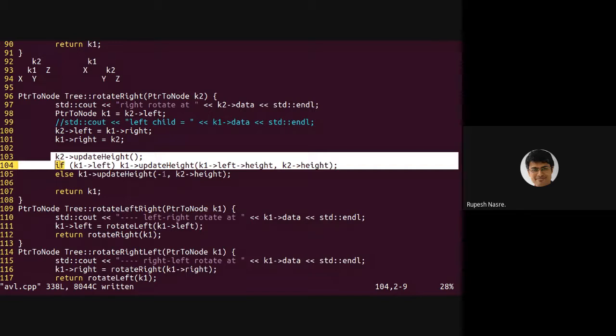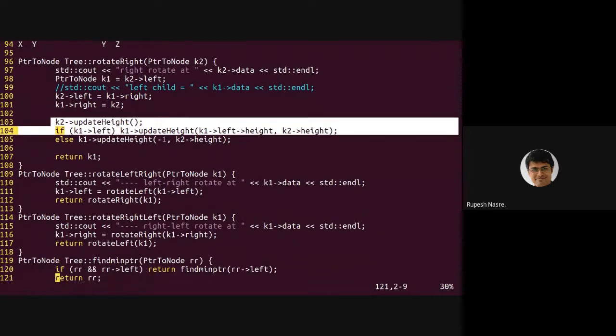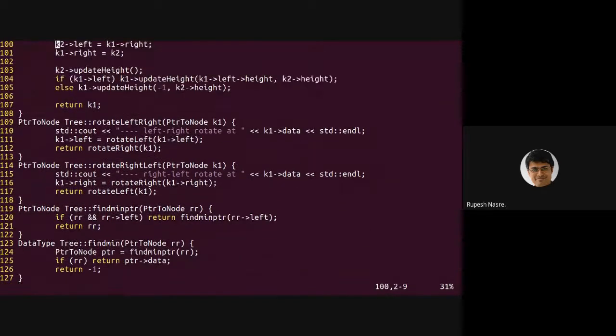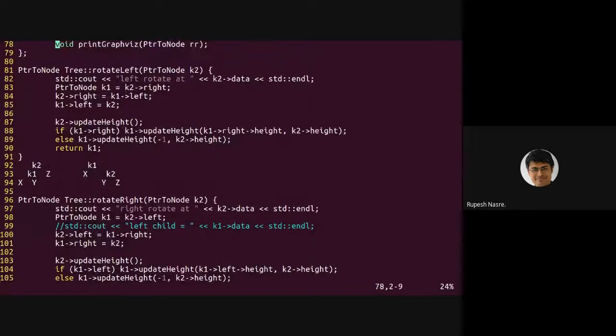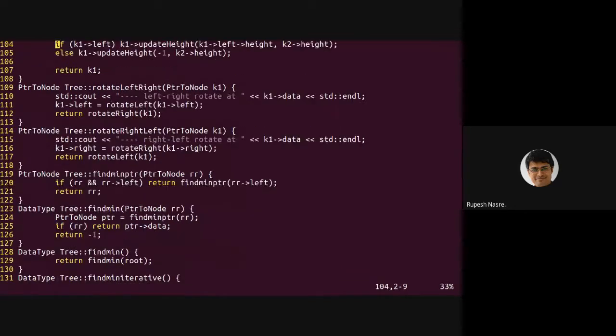Okay, I hope I did not intimidate you with the code, but I'll leave reading the remaining part, that is the right left part and the rotate left part, as exercises for you. I think that is just symmetric to what we have seen so far. And then what is remaining is essentially remove. That is what we are going to study now.